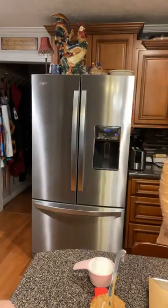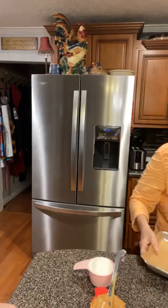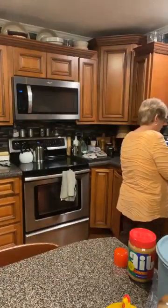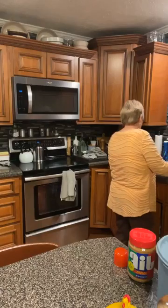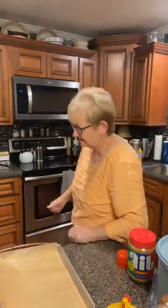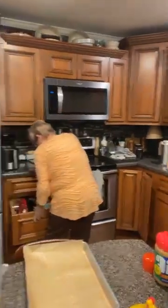I'm going to take this over to the sink and spray my parchment paper just a tad. Mama's doing double dipping today. She's spraying it and using parchment paper. Mama, you're out of control. You think so? I mean, you talk about really making sure it don't stick. Parchment and